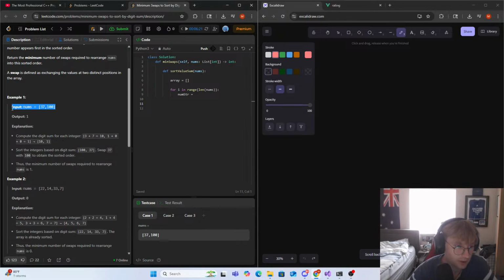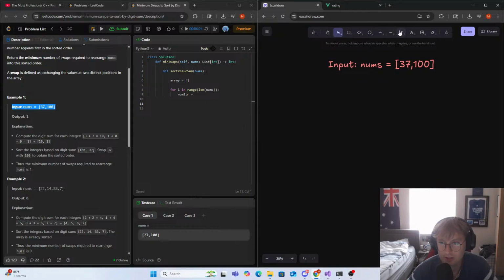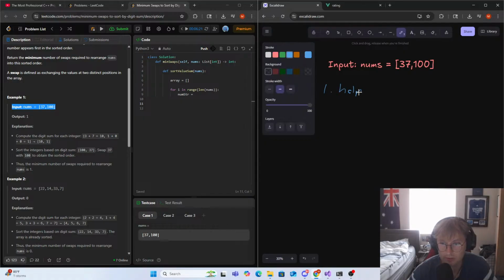Right, so when we were looking at this yesterday, we're given this. I think yesterday we thought about having some sort of helper function in order to do the digit sums. Do I really know how to calculate this in the fastest way possible? Probably not, but